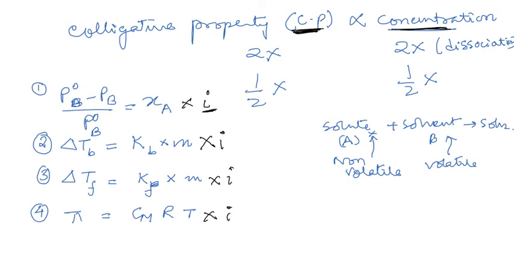Now what we can observe from all these relationships is that the colligative properties like the lowering of vapor pressure, the elevation of boiling point, the depression of freezing point, and the osmotic pressure, all of them increase by the factor of Vant Hoff, which is represented by i. Now what does it mean? It means that, let's say, if we have